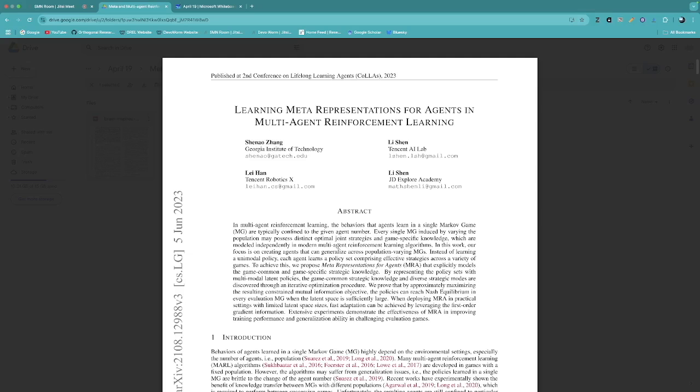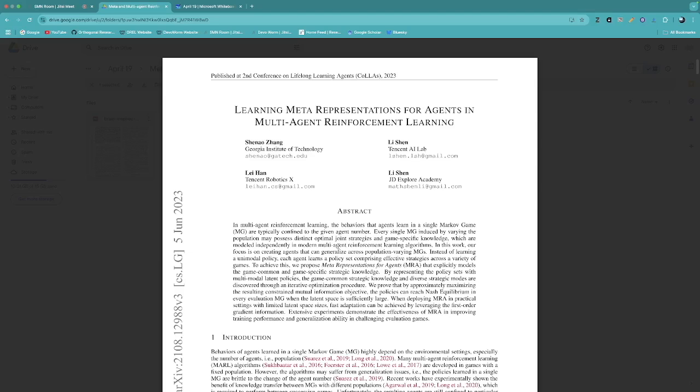When deploying meta representations for agents in practical settings with limited latent space sizes, fast adaptation can be achieved by leveraging the first-order gradient information. Extensive experiments demonstrate the effectiveness of MRA, or meta representations for agents, in improving training performance and generalization ability in